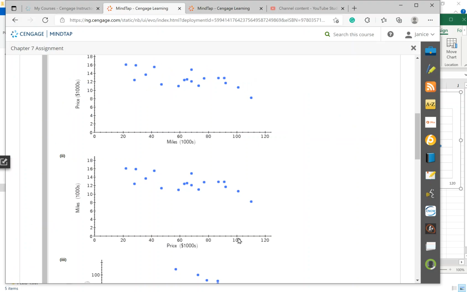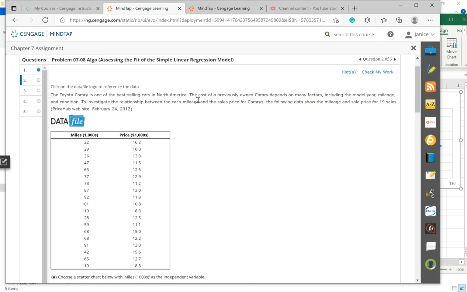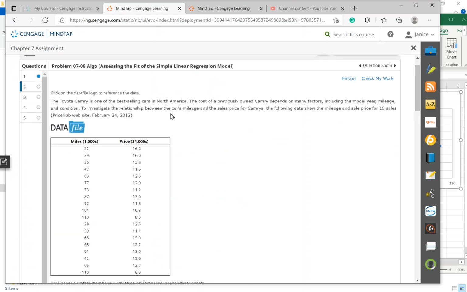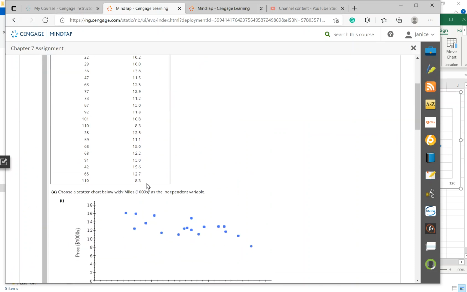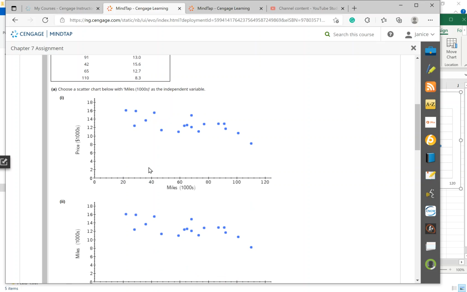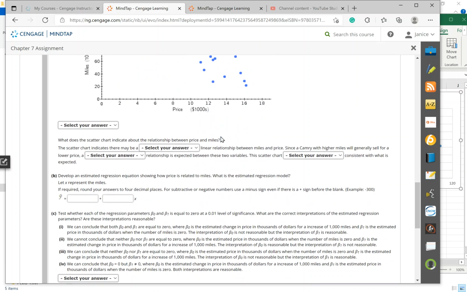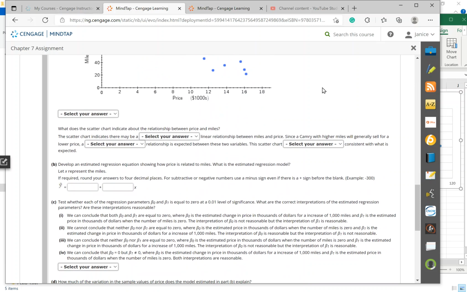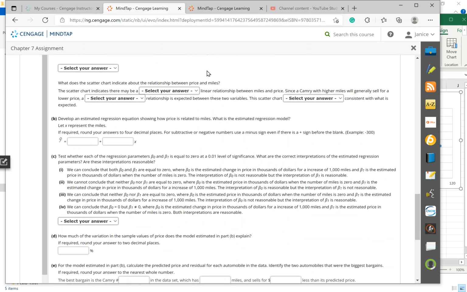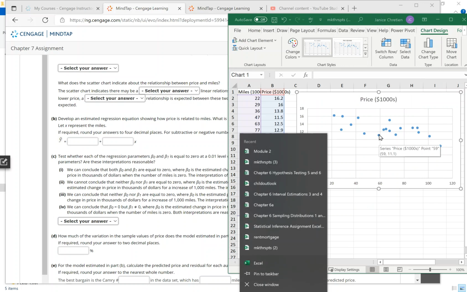So I believe the story told me my independent variable, miles as the independent variable. So that's going to be my conclusion. And then it wants us to answer some questions about how we interpret this chart. Then again, it wants us to do that regression equation, and so right click,